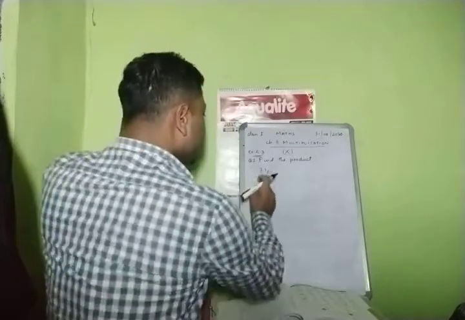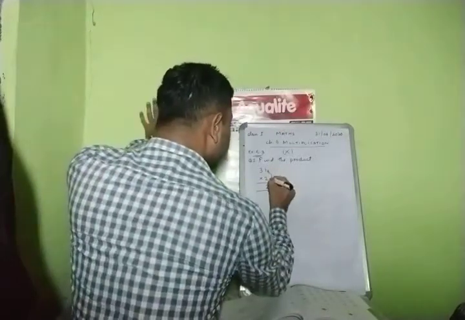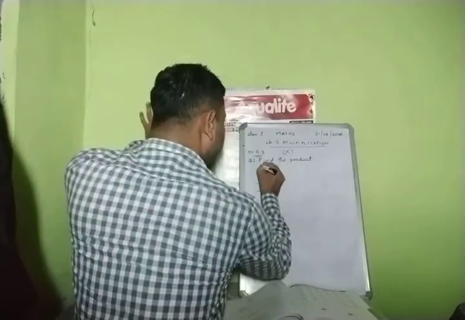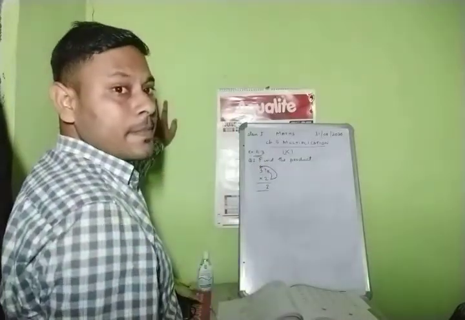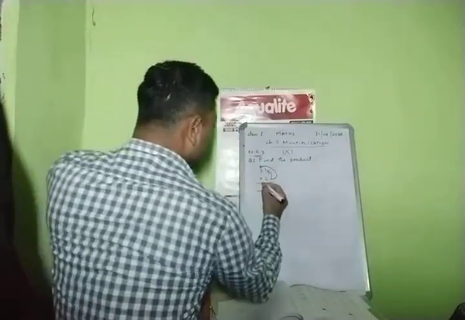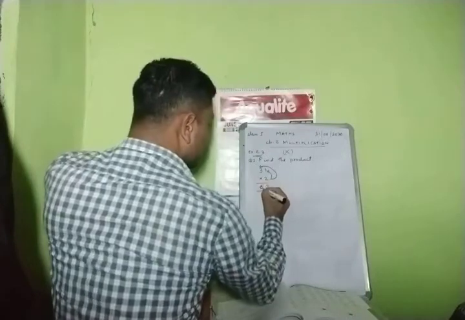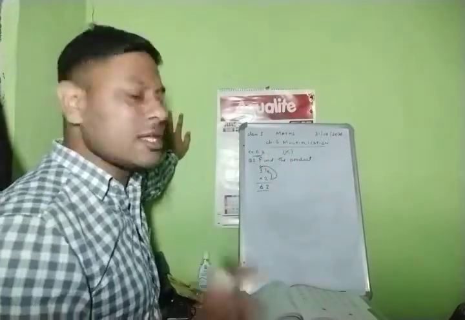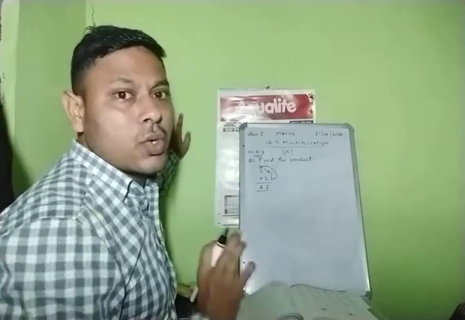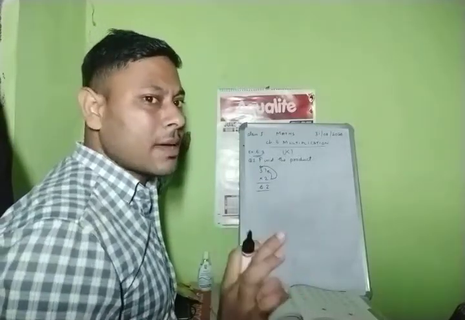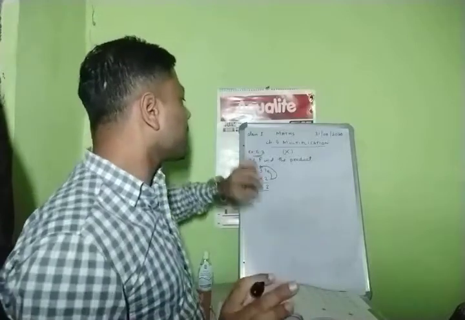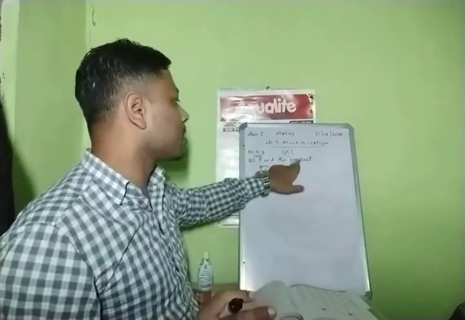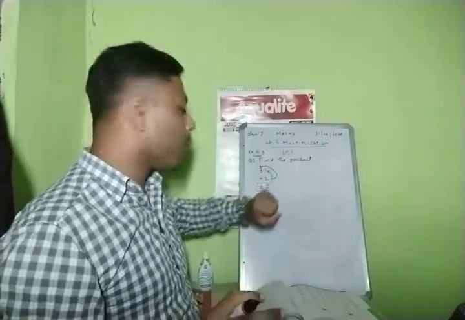Done. Now when you finish multiplying the first number, again with this number multiply the second number. 3 2s are 6. So this is your answer. Only this much. Nothing more to do, nothing extra needed. Just remember that when you are given the question, find the product or multiply the following, what you have to do?